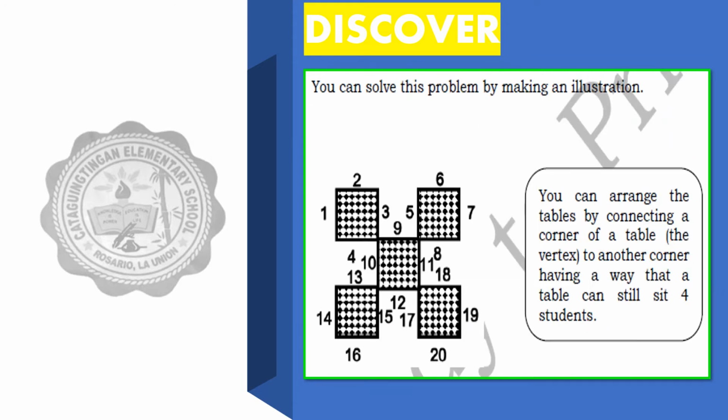Naintindihan? Another way to solve the problem is by making illustration. So, mag-illustrate ka ngayon. So, dinrawing niya yung 5 square table. Then, dinagay niya lahat yung makakaupo. Then after that, you can arrange the table by connecting corners of the table to another corner, and the table can still sit 4 students. So, i-arrange niya ito ngayon. Pag na-arrange na niya, makikita niya dyan na 12 pa rin yung